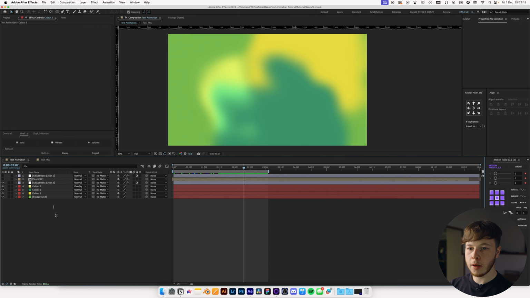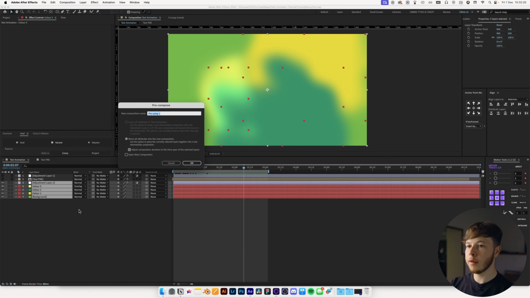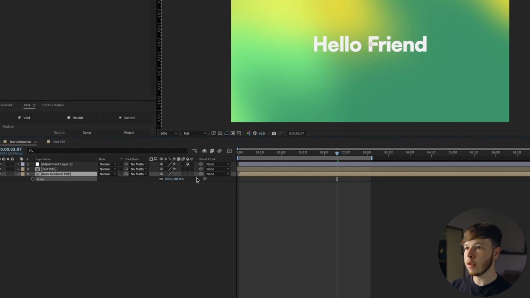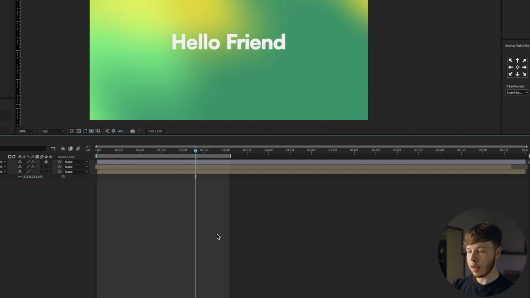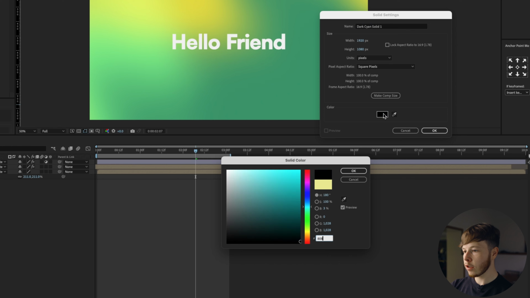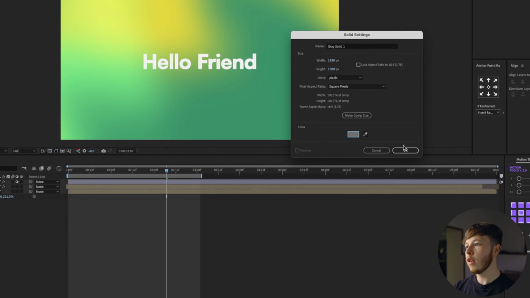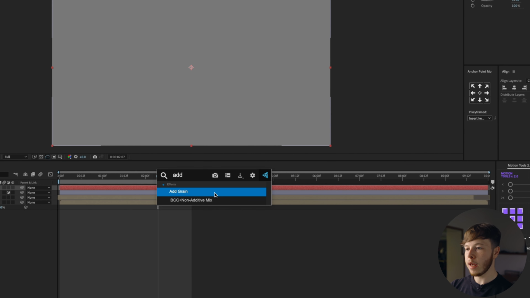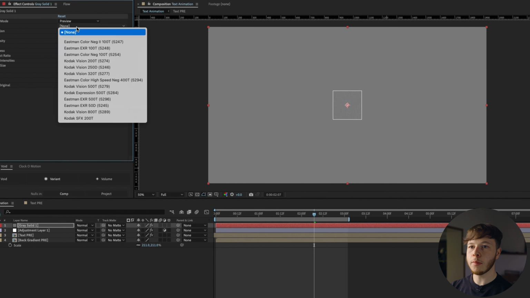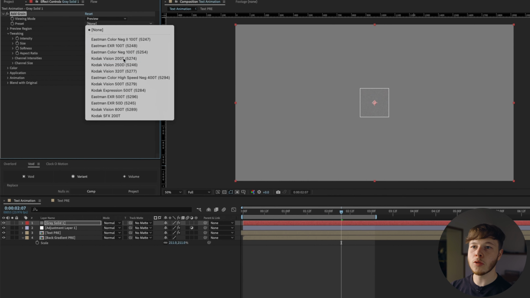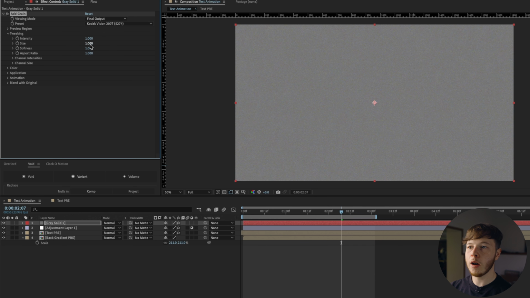So we can close that up, and we'll just take all of these layers and pre-comp them and name this back gradient. Scale up my background a little bit just to make it a little bit less crazy. Add a solid and set the hex code to 808080, which will be a middle gray. Add grain to it and set the preset to something like a 200T and final output, and we